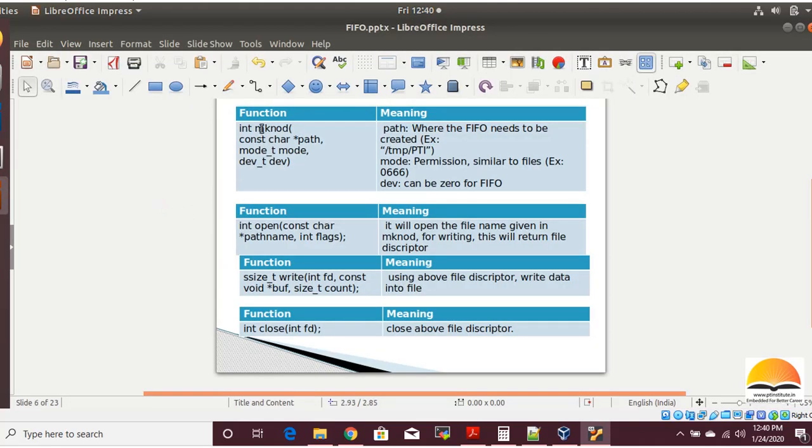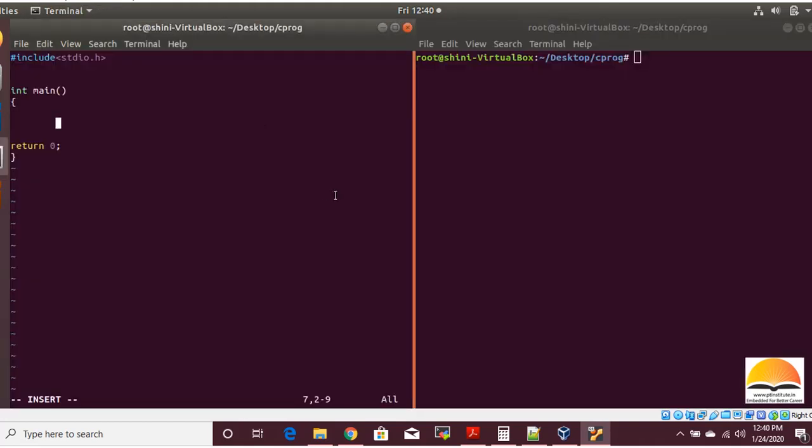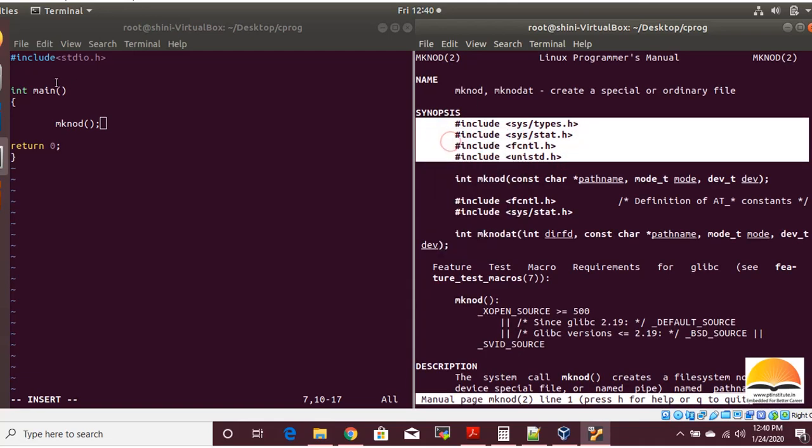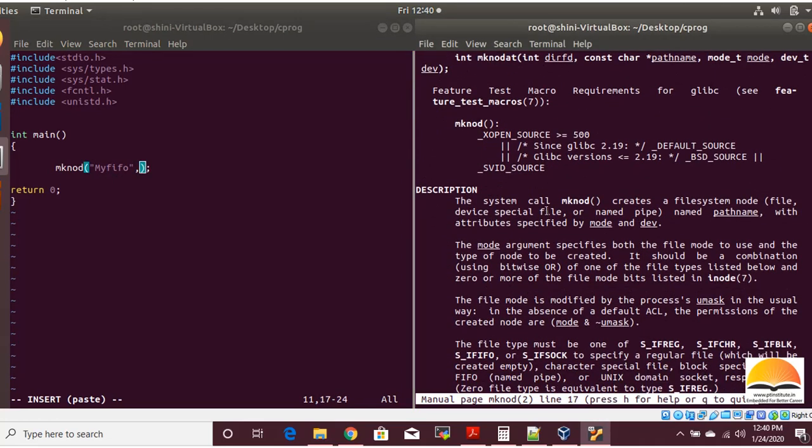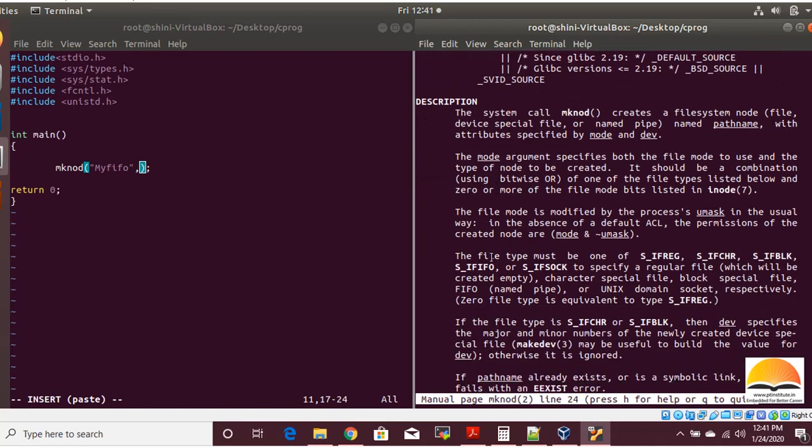Let's start the system call mknod, and for this we have to go into the manual page. I will show you what the manual page looks like and how it works. We opened another terminal here and we are opening the mknod page. In mknod we have to include the following files. You can see here what we copied, and all these are header files. And in mknod we have to give the path name. So we are telling which file we want, and now we have to give the